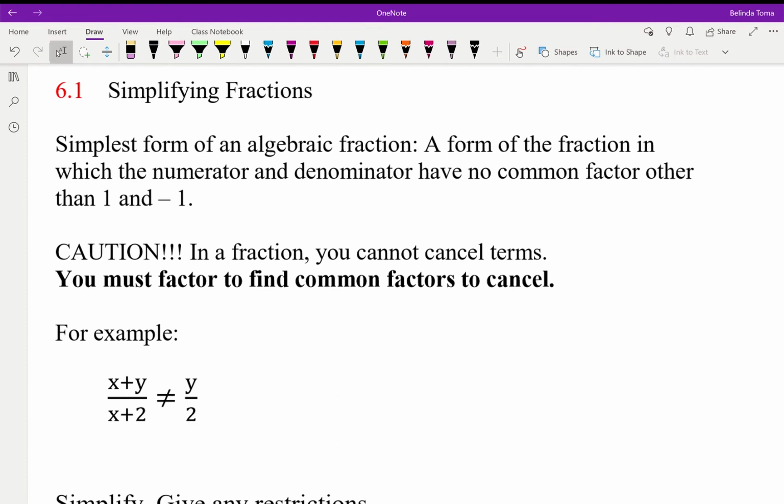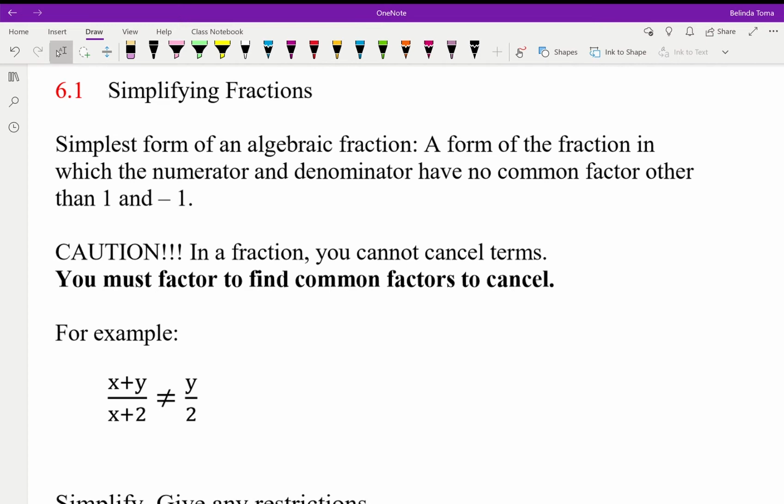And welcome to our video on section 6.1 from the Red Book, Simplifying Fractions. With the simplest form of an algebraic fraction, we want to remember that we can have no common factors in the numerator or in the denominator other than 1 or -1. We also want to be very careful to remember that in a fraction, you can't cancel terms unless they are in factored form. So you're always going to remember to factor first to find the common factors that you can